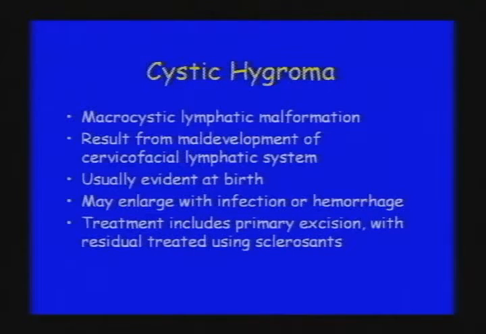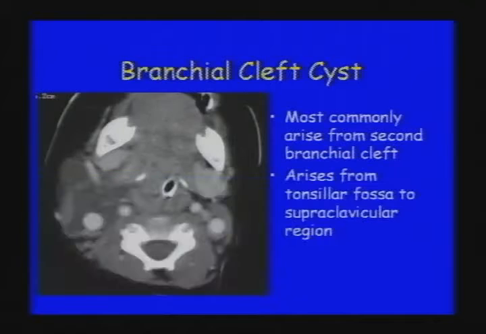Cystic hygromas, which is what this case is, are macrocystic lymphatic malformations. They result from maldevelopment of the cervical and facial lymphatic system, and they're usually evident before birth or at birth. They may enlarge if they become infected or if they bleed into themselves, and treatment can either be sclerosis or primary excision. Branchial cleft cysts usually arise from the second branchial cleft, and they occur anywhere from the tonsillar fossa